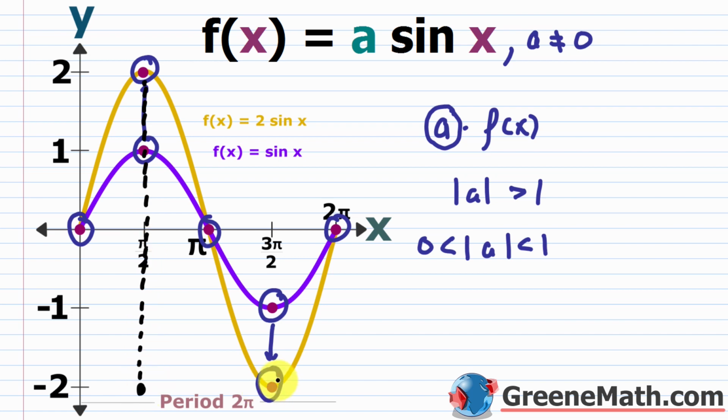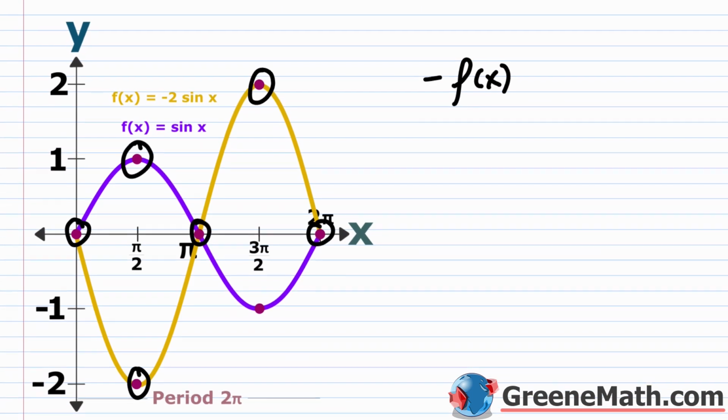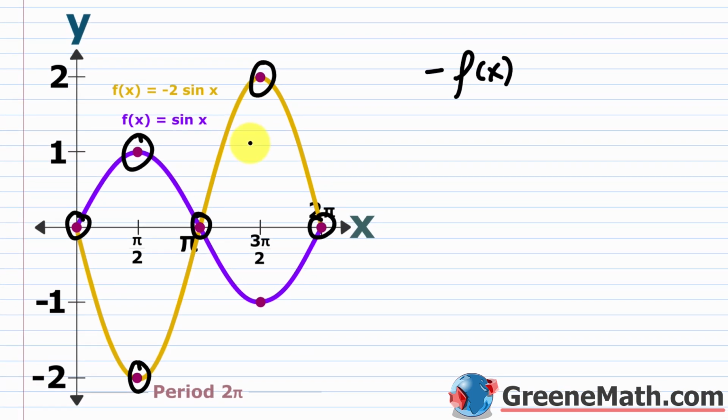And this guy right here, which was your minimum, where you had 3 pi over 2, comma, negative 2, well, now this is going to come up and be your maximum. It's getting reflected across the x-axis. So now it would be 3 pi over 2, comma, positive 2. If we go back, you'll see that's exactly what we have here. Okay, so let's make a few generalizations. You should notice that this is negative 2 here, and the maximum is still 2,